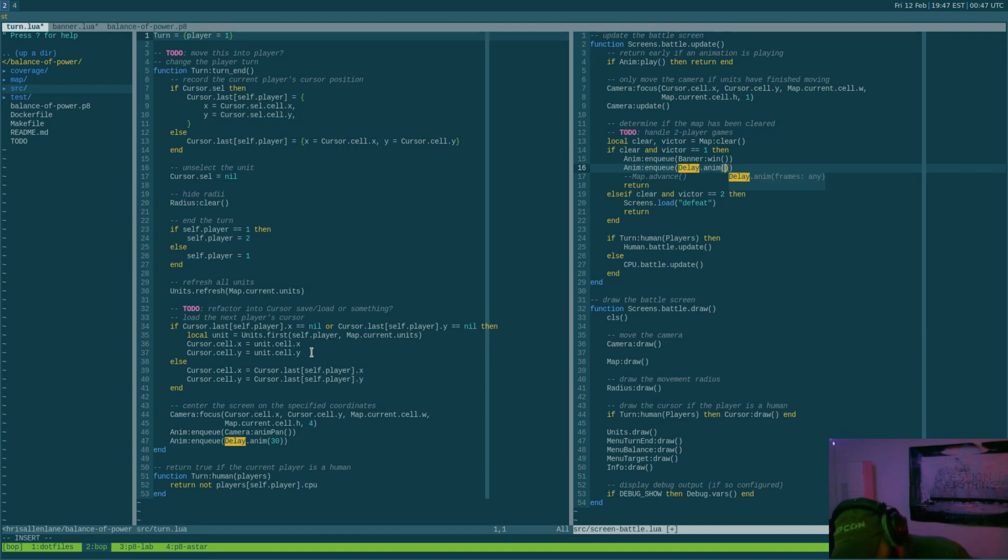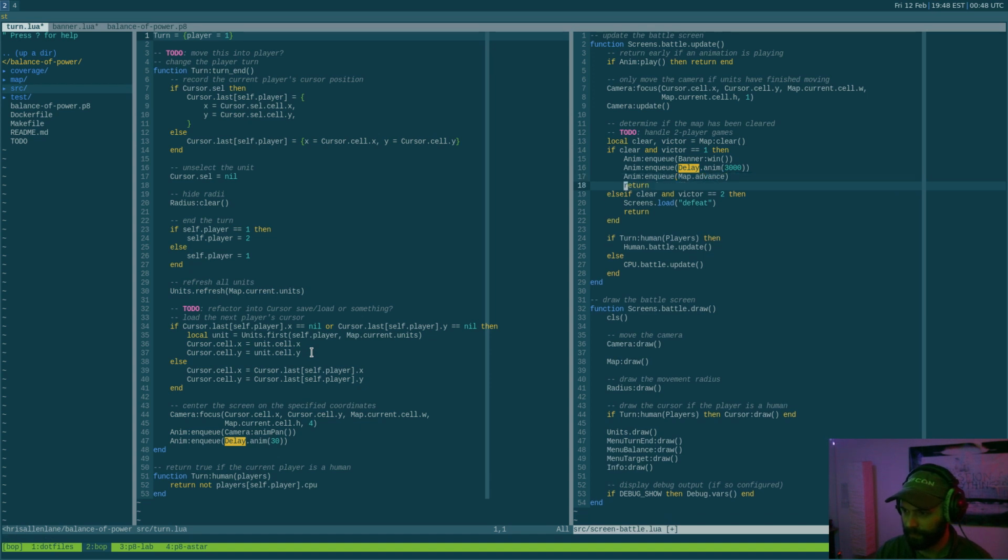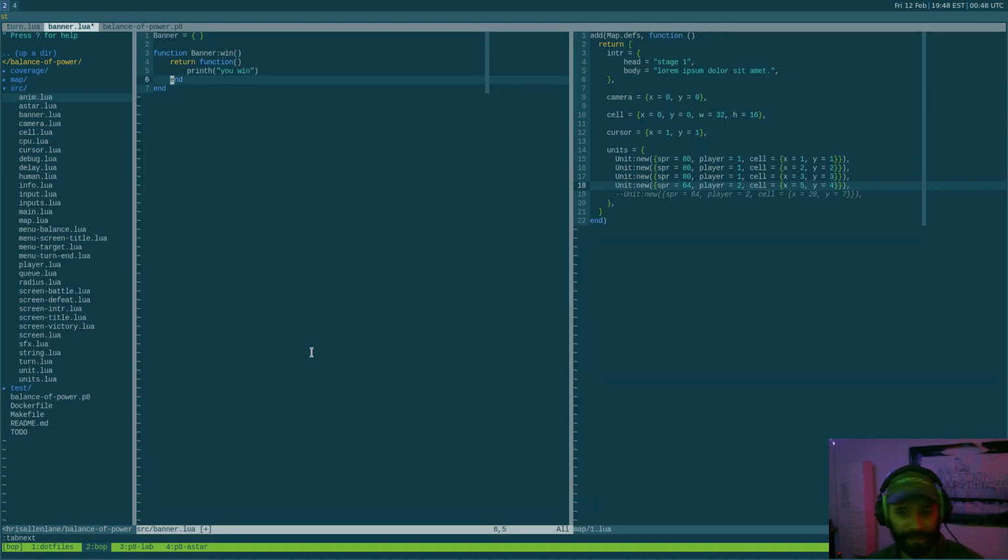That is in frames. We've got 60 frames a second. Let's say 300 frames, 5 seconds. And then, hate this so much. Let's do, I guess, function. Wait, I guess we can just do this. Map.advance, pass as a function without invoking it. Maybe we can do that. That's still horrible, but...